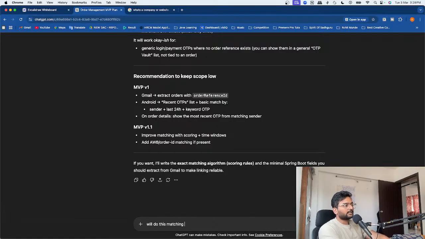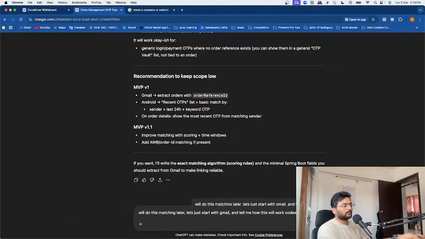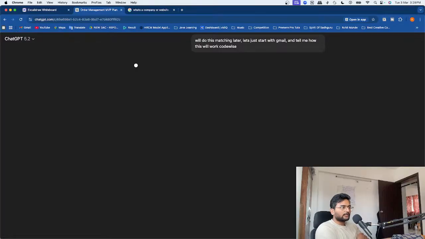We'll do this matching later. Let's just start with Gmail and tell me how this will work code wise. Now I want to go code wise because I have to build something. ऐसे नहीं कि मैं छोड़ दूँ बीच में ही, बीच में नहीं छोड़ेंगे हम इसको।